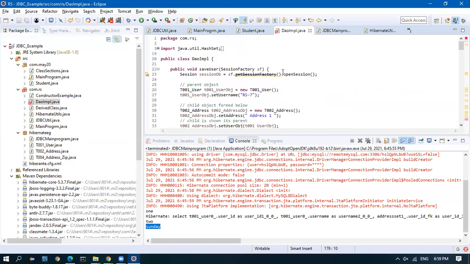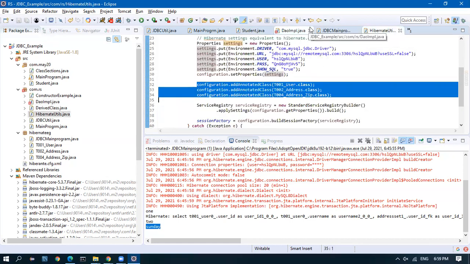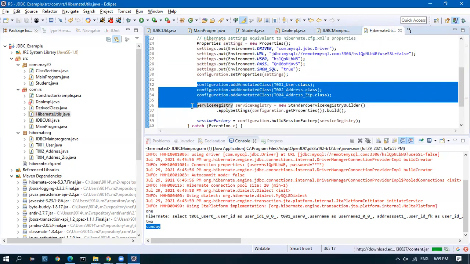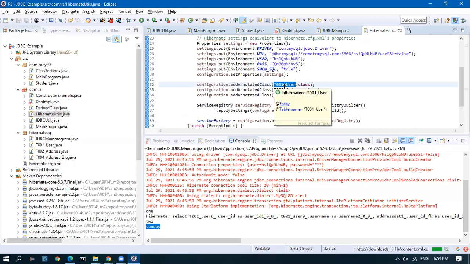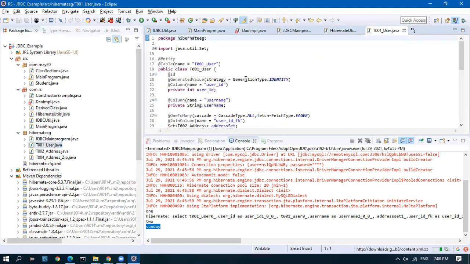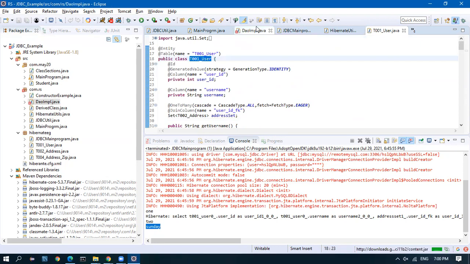So we saw that the table has to have an equivalent POJO, which is a Java class. The Java class should have the annotations properly, and it has to be added here. Only then will Hibernate know that this class has to be mapped with the table. Once this is done, we don't touch the table. We speak with this class. Save or fetch, load, whatever you do with this object, that's what we are doing here.